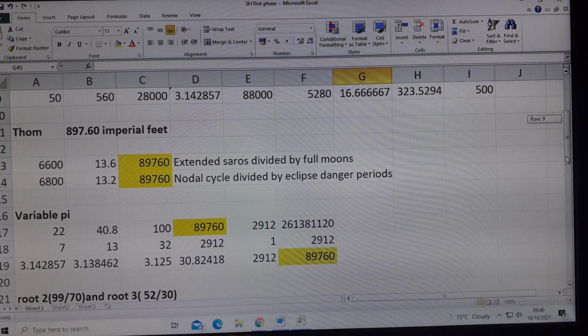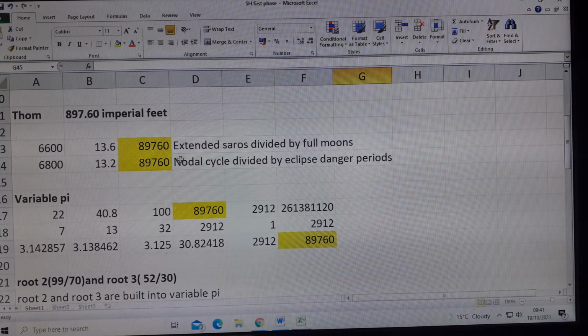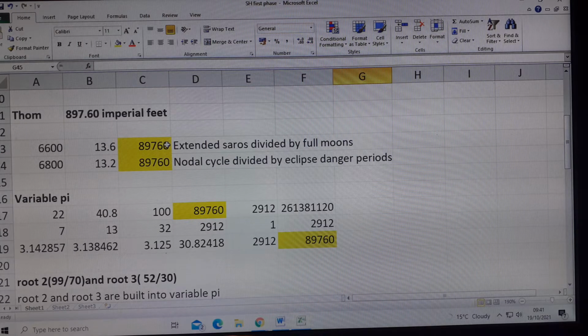And eventually we focused on Thom's circle of 56 post holes, the Aubrey circle, and looked at the complex mathematics involved in this number 89760, and in particular the fact that it's 897.6 feet. And these ancient designers were not using decimal places, so we need to take the decimal place out of that by multiplying it by 100, on the assumption that these people were using 100 units in a foot,